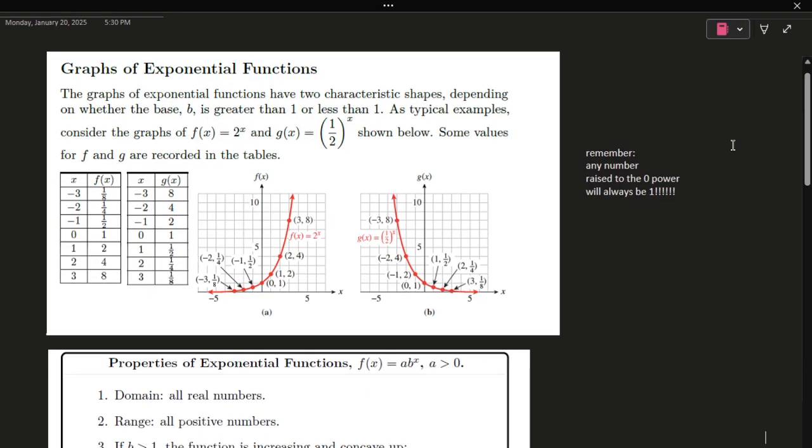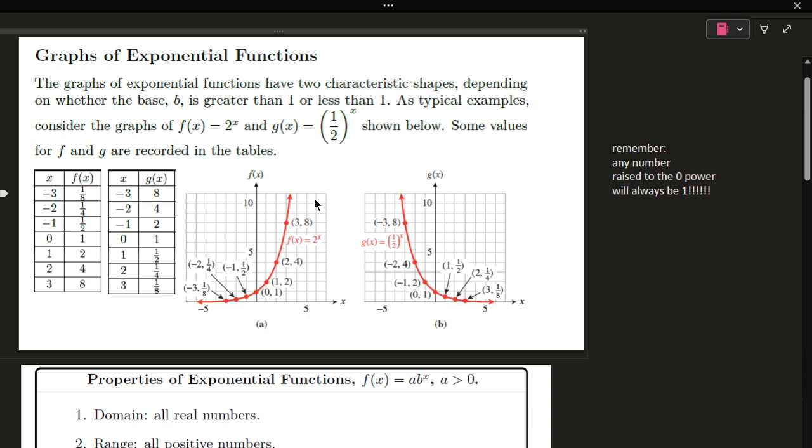Hey everyone, so today, since it's another asynchronous day, I just wanted to go over a concept we haven't seen before because you do have an assignment that is due on Canvas. And so I just wanted to go over graphs of exponential functions and transformations. I will have these notes posted after I'm done making this video,